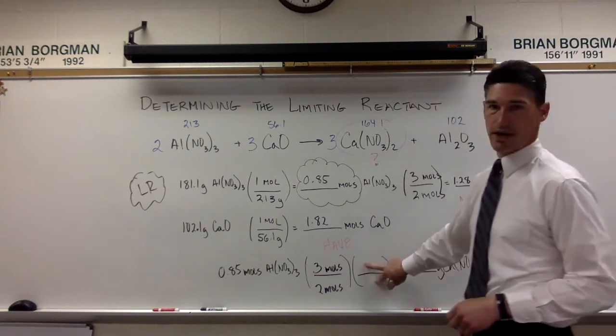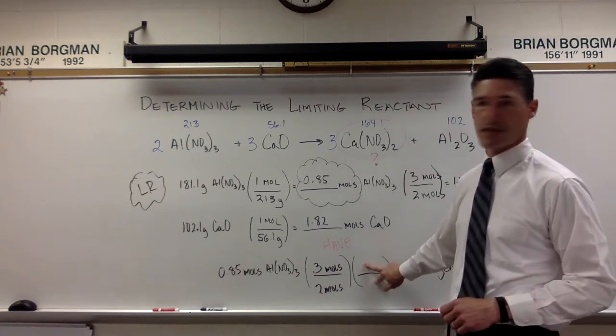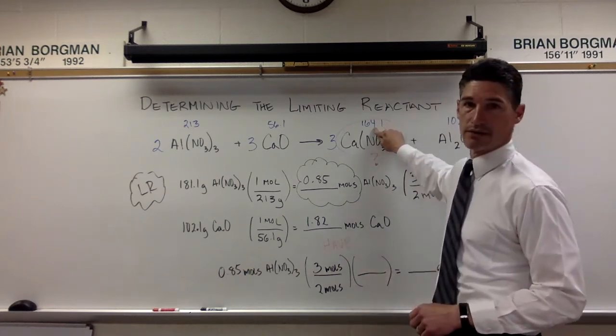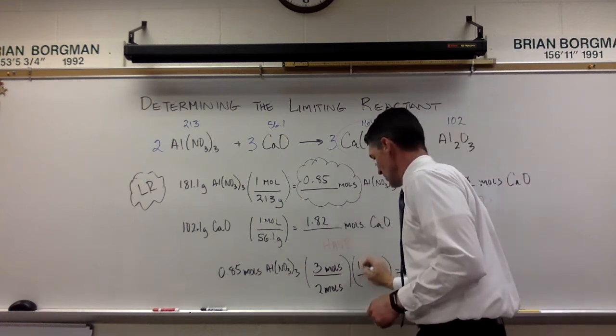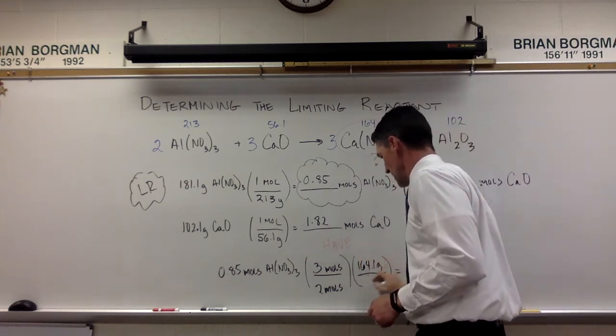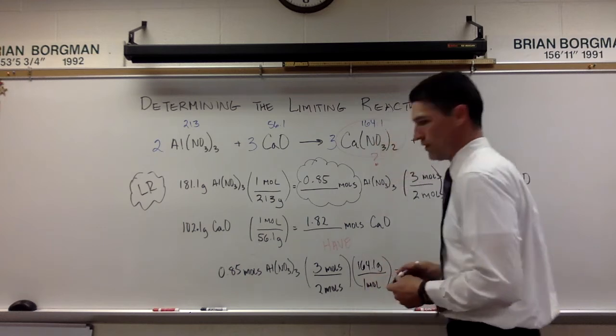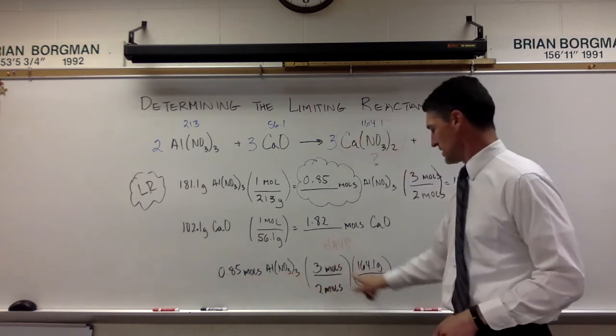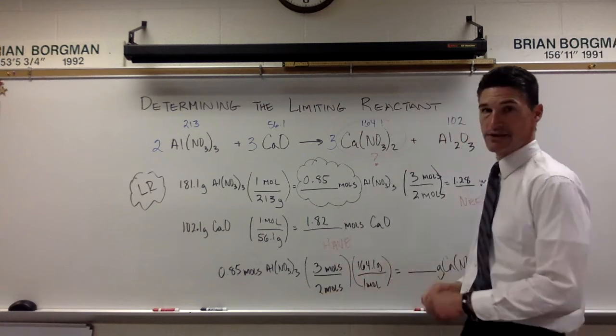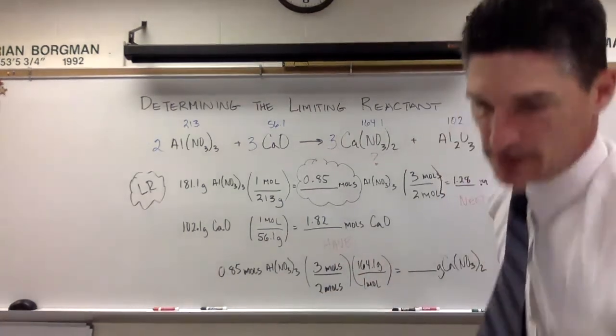So the last thing to do here is multiply by the molar mass of calcium nitrate. We did that problem earlier to save some time, so it's 164.1. So 164.1 grams in 1 mole. Now that I've got this set up, moles cancels moles, moles cancels moles, grams is your answer. So you grab your calculator again,